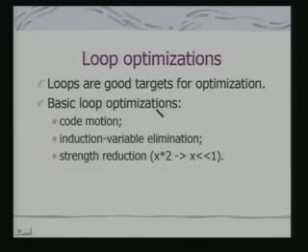There are various other ways of loop optimization as well, because loops are good targets for optimization. As I told you, a large amount of time is actually used in the loops only. So, the loop optimization techniques which are followed are code motion, induction variable elimination, and strength reduction. Many of these are actually done as part of your compilers as well. You might not need to do them before the compiler comes in.